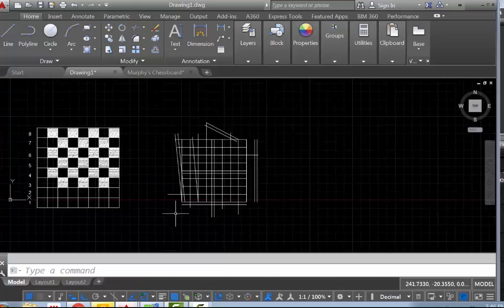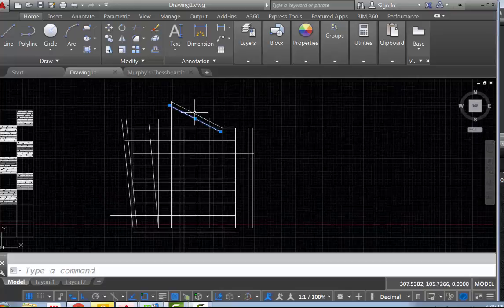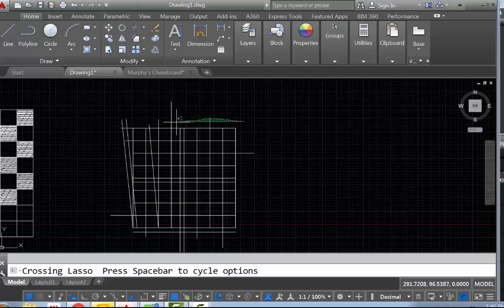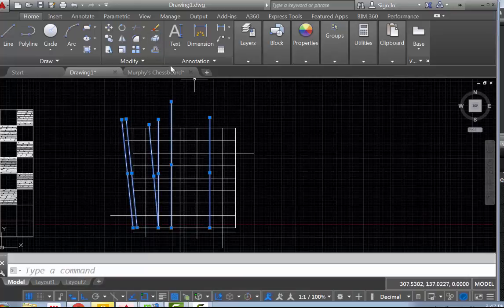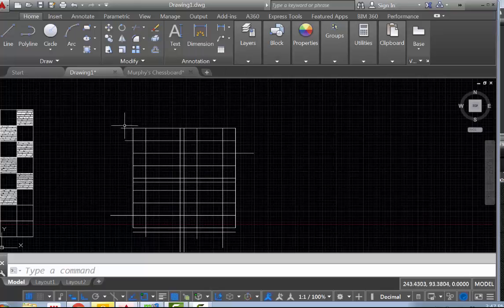Now it's time to clean this up, and by clean up, I want you to look through what lines need to be deleted. You can select this and do the erase command. You can also select several lines like this. Remember that left to right command. Anything that it touches, it will select. You can delete that or erase it. And so you are slowly cleaning up lines. Now if I select this and erase it,